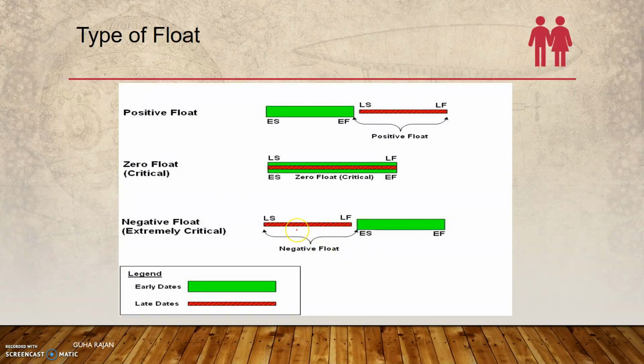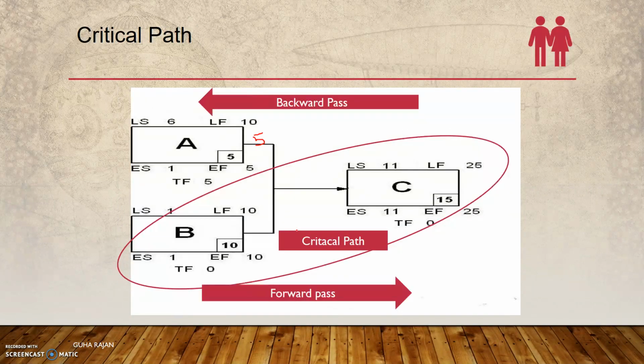There is another concept of negative float. Negative float happens when, particularly, out of some urgency, say the project starts on day 1 and ends on day 25. But if it so happens the client or the customer or any of the stakeholders wants the project to be completed on day 23, then there is a challenge. There is a serious challenge, because